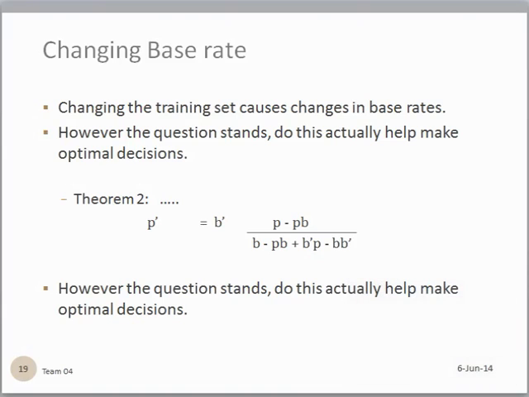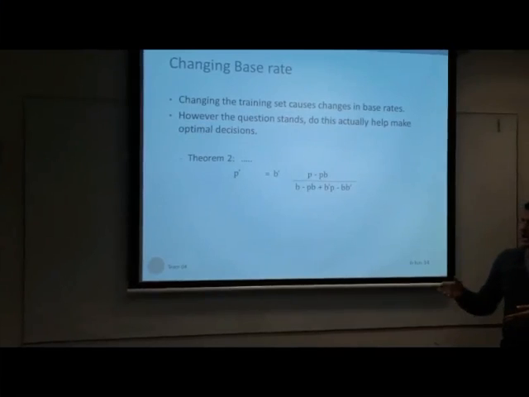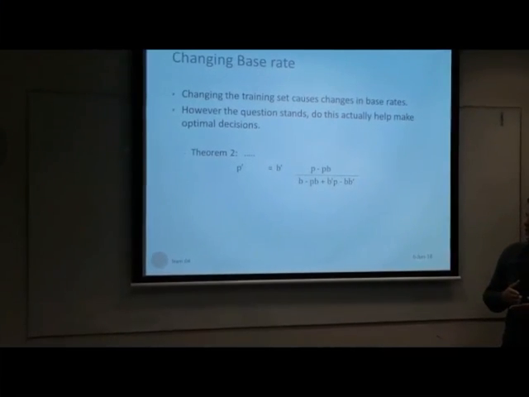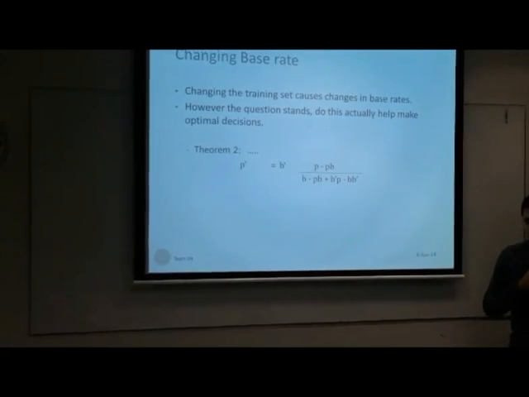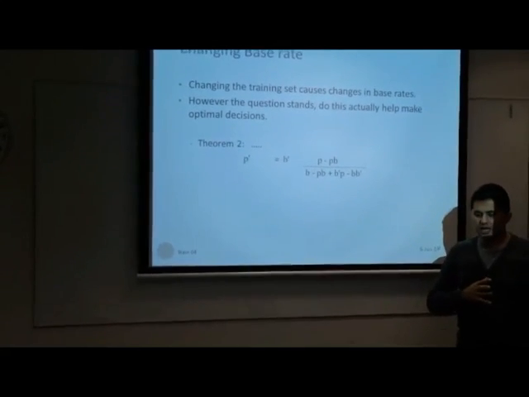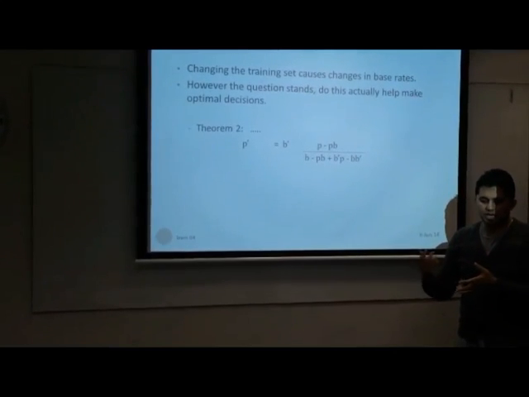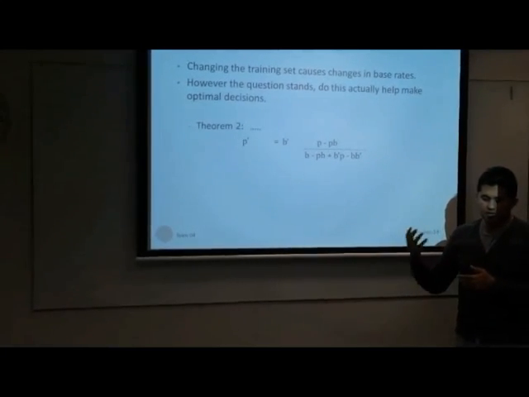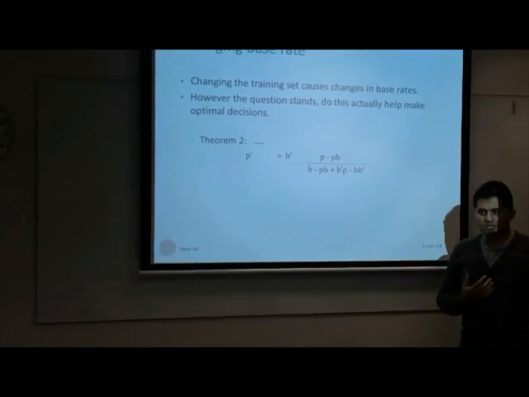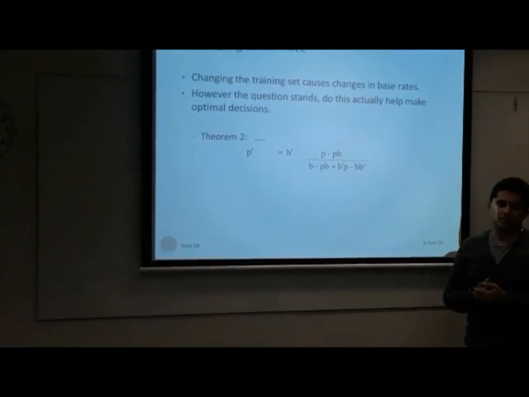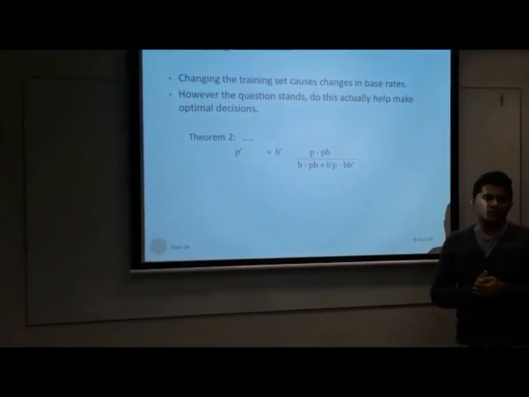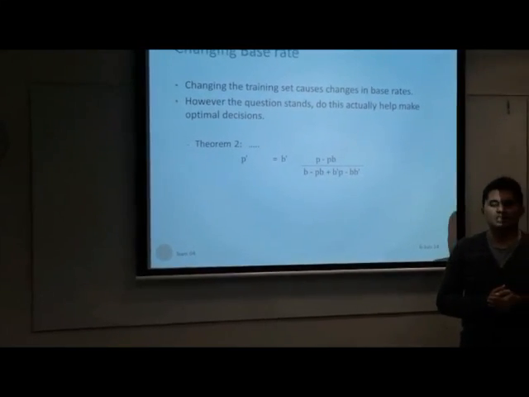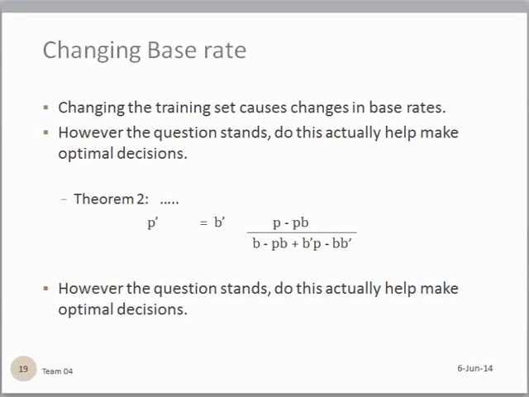in the base rates, and that is expressed by the theorem that you see here, which comprises P, which is the probability on one set, and P dash, with B being the base rate on one set and B dash being the base rate on the changed training set. Right? However, the question remains, and that will be discussed in the conclusion, whether this actually helps to make